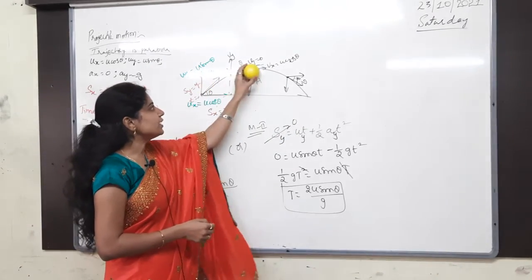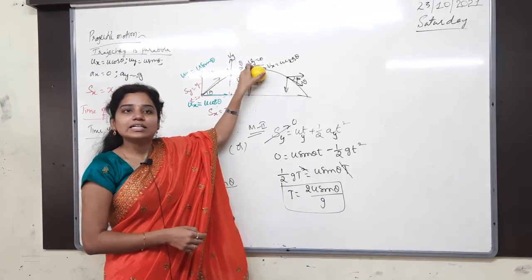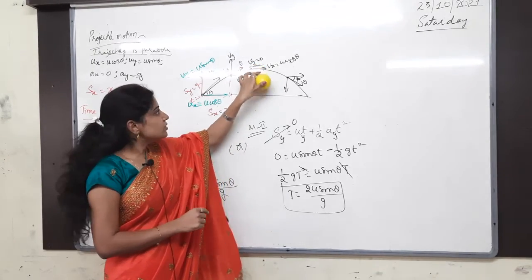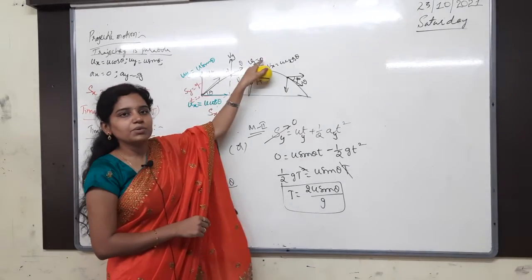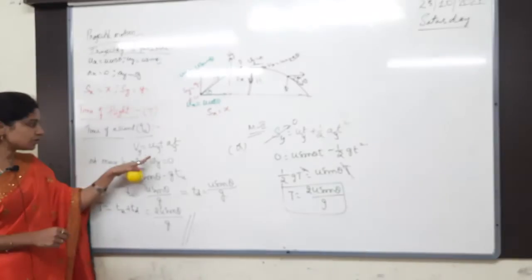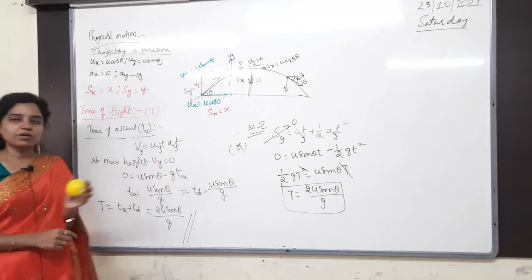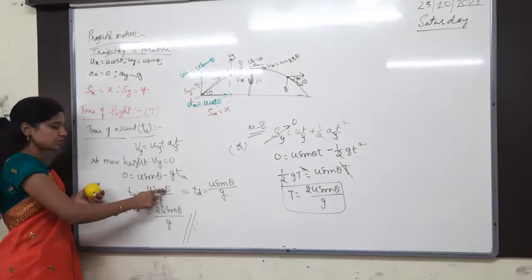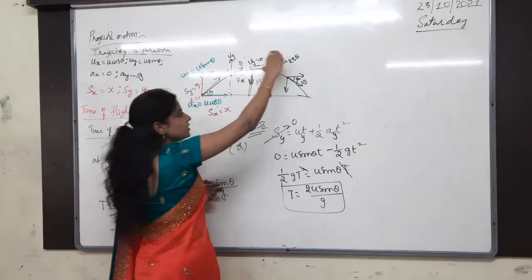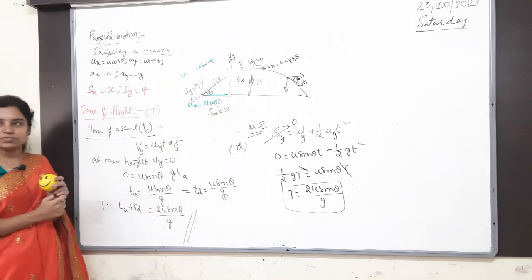For finding time of ascent, finally velocity becomes how much? 0 here. Which velocity is becoming 0? Vertical velocity. At maximum height, the vertical component of velocity is 0. So it is reaching the maximum height here. Vy becomes how much? 0. So v is equal to u plus at. Vy is 0, uy is u sin theta, ay is minus g, t is the time of ascent. So the time of ascent is equal to u sin theta by g. Whatever the time taken from ground to maximum height is equal to maximum height to ground again. So the time of ascent is equal to time of descent.